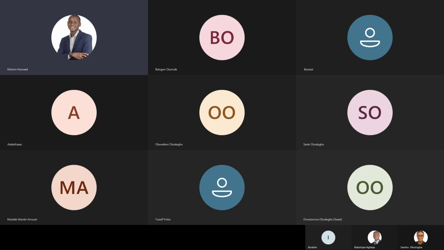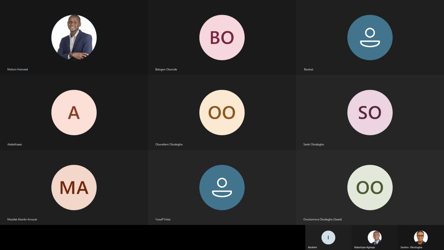That's one of the things we are going to be looking at in the later parts of the course: how we can integrate Power Apps with Power Automate, Power Automate with Power BI, and Power Apps with Power BI. We will see some use cases around those, but that will come at the later part of the course. I hope that answers your question. Oh yes, thank you.